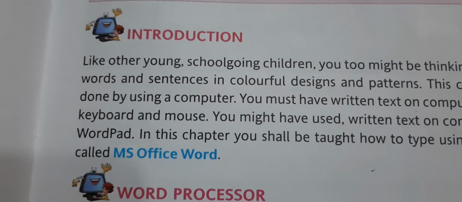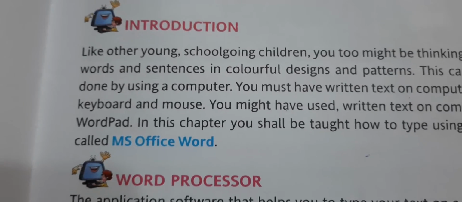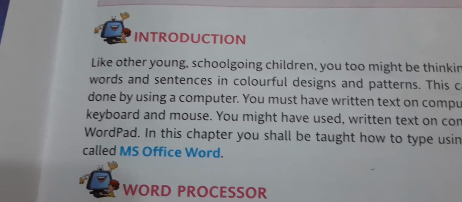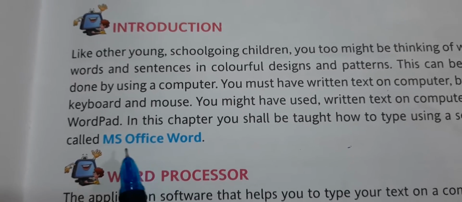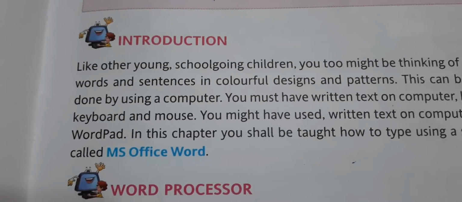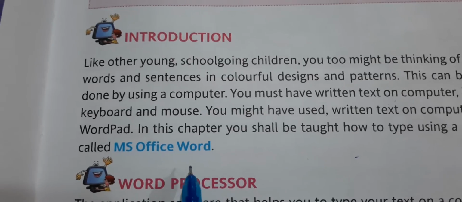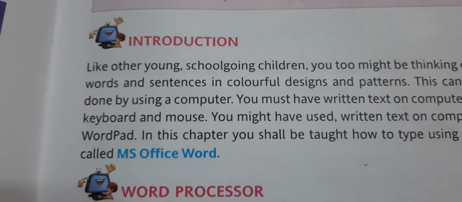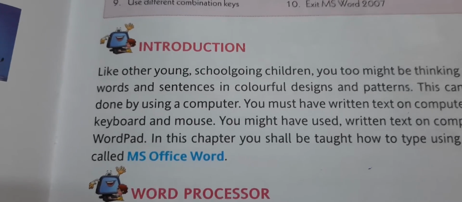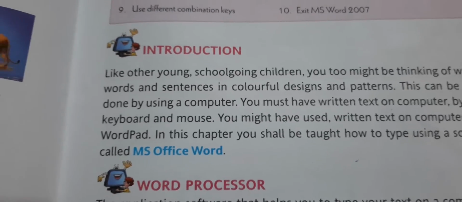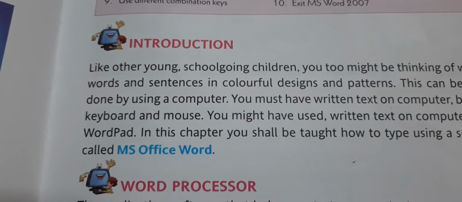Maybe you have used WordPad also, because WordPad is an accessory. It is available in accessories. Not many functions are there, but still we can use it for our written text. Now in this chapter we will learn about MS Office Word. In the package of MS Office, an application is available by the name of Word, MS Office Word, where you can write down whatever text you want to write, and you can do many things with that text. Like you can change the color of the font, you can increase, decrease, change the look of it, etc. So we will study about MS Word.